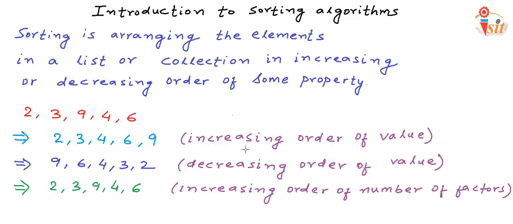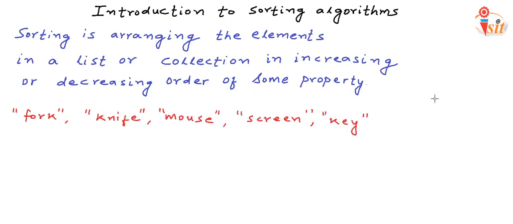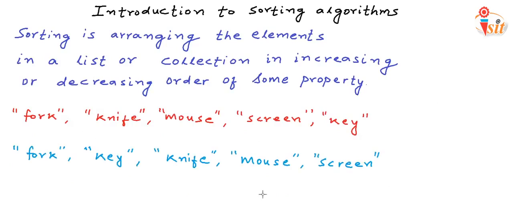A sorted list is a permutation of the original list. When we sort a list, we just rearrange the elements. Now this was a list of integers. We may have a list of any data type. We may want to sort a list of strings or words in lexicographical order, the order in which they will occur in dictionary. A list of strings like this in lexicographical order will be arranged in this order.